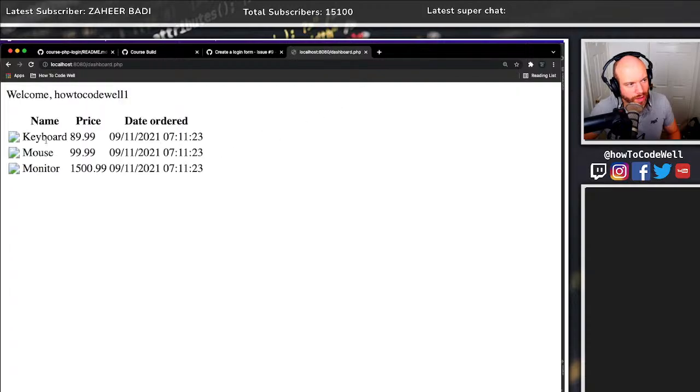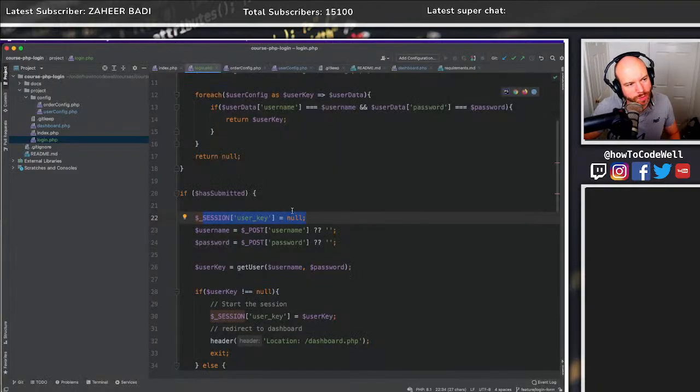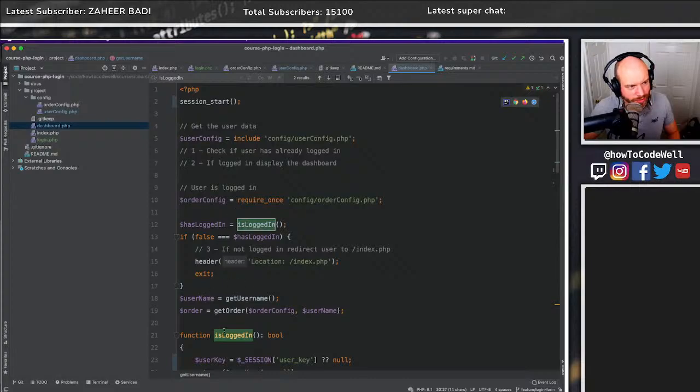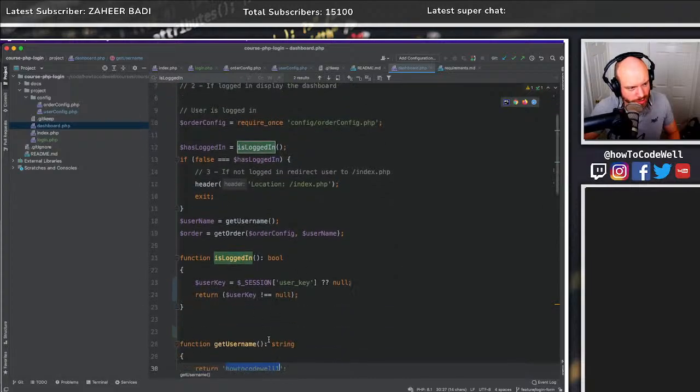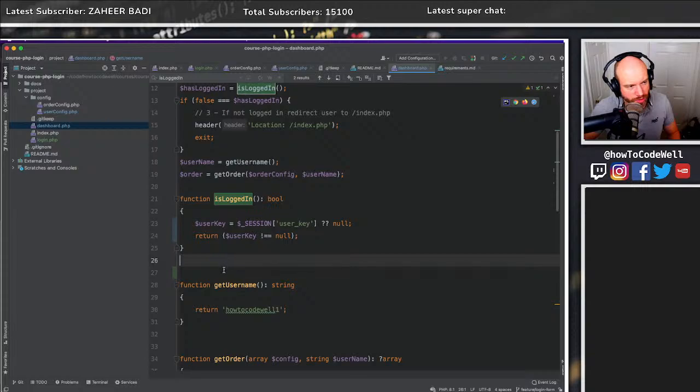Let's log in. We got a keyboard, mouse, and monitor. Is that correct? No, that's how to. Oh, it's because I'm hard coding the dashboard, aren't I? Yes. So is logged in, that's returning true, and then that's okay. So get username. We need to do